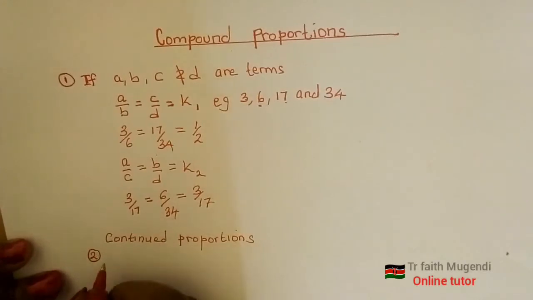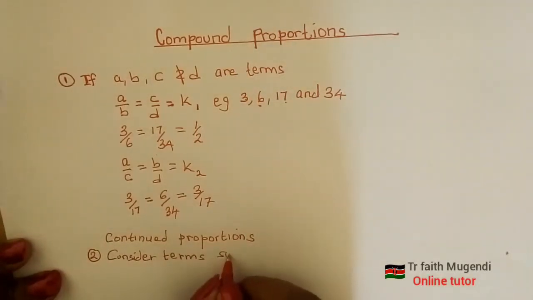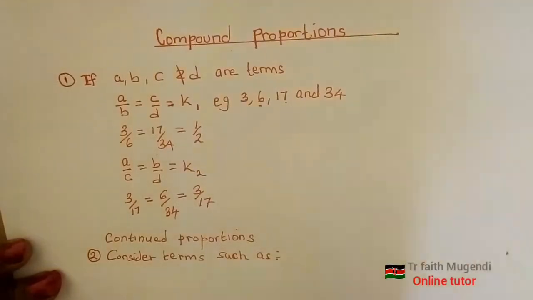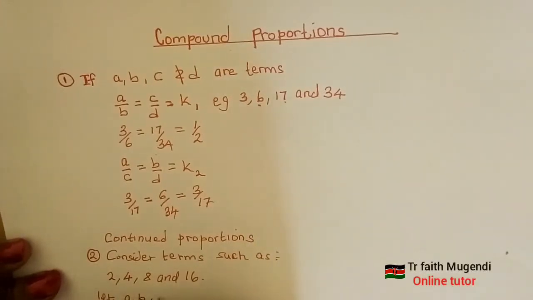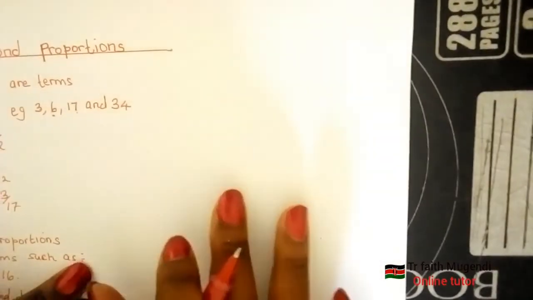If we consider terms such as 2, 4, 8, and 16, and we let 2 be A, 4 be B, 8 be C, and 16 be D, then it is true to say that